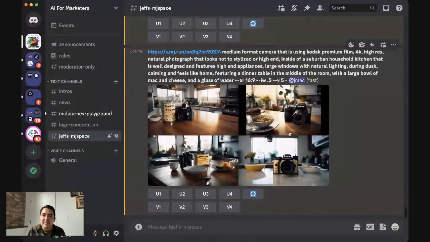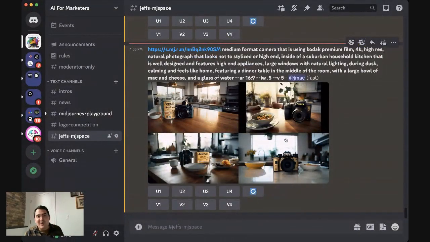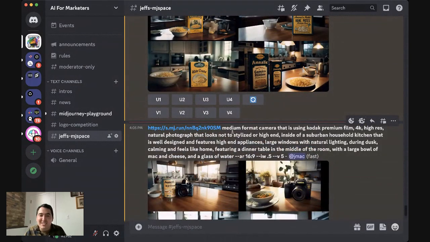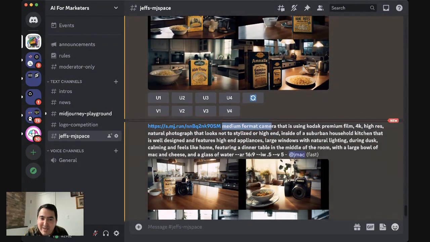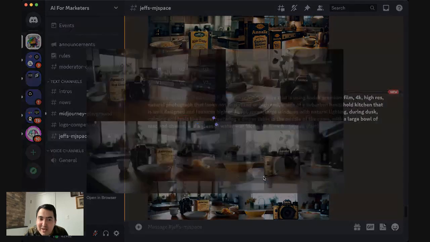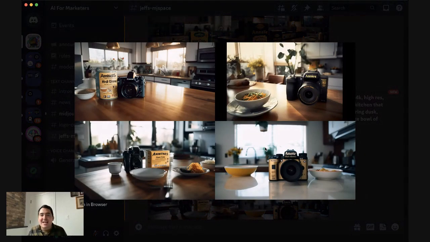Back to Midjourney. All right, so let's see what happens now. Ooh, it really went for it. So now what it did is it took everything really literal. It created a medium format camera. Those aren't medium format cameras for the most part, but it put the camera literally in our shot. Not exactly what we would want. So this is where we would want to go back and use the no parameter and say no camera, and then maybe no box of mac and cheese. That way we would get a very clean mat that we could then go back and put our actual 3D Photoshop comp of our mac and cheese on.